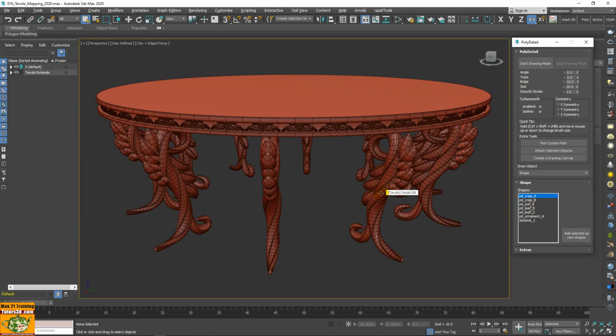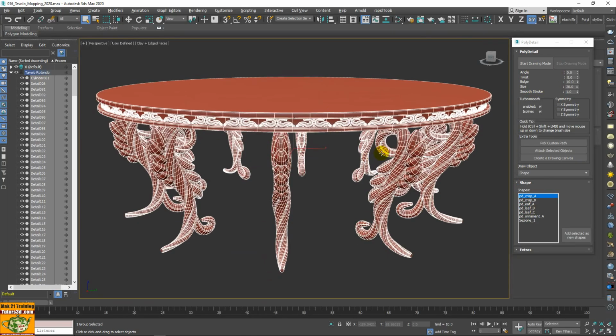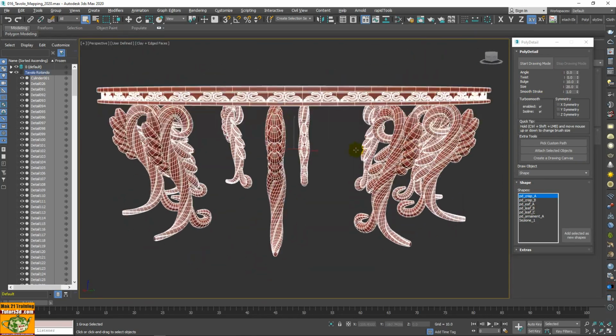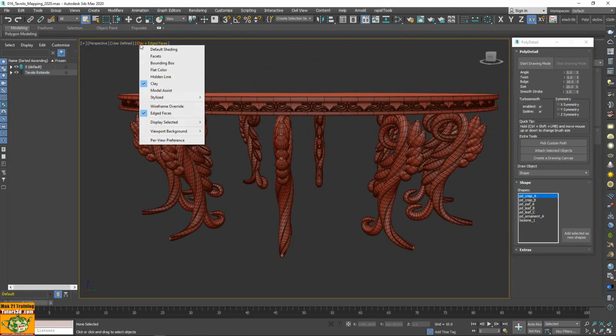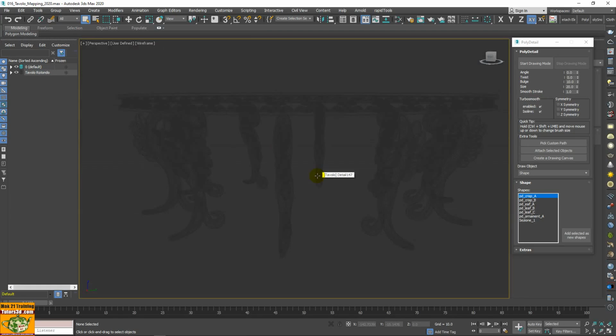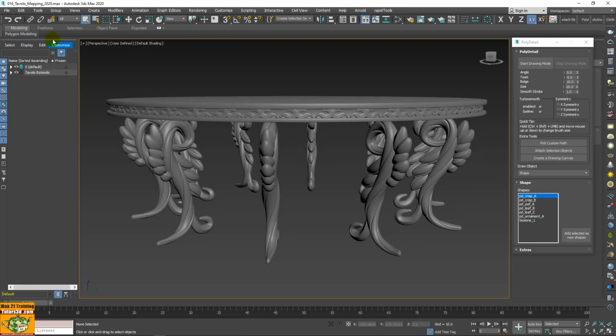So at the beginning, as always, we will understand how to paint, where you can paint, how to manage mapping coordinates, etc. And in the end we are going to model objects of this type that are not very easy with the tools of 3ds Max. At the end we will make renderings.